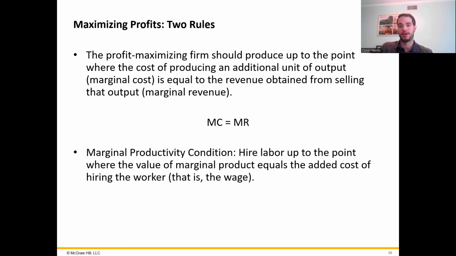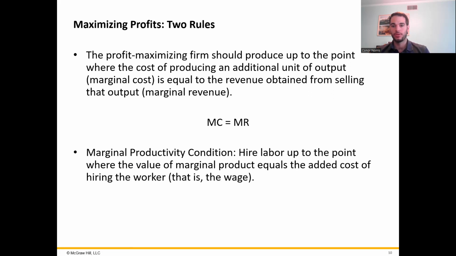Just like a firm maximizes profits by producing up to the point where the marginal revenue equals the marginal cost, a firm also maximizes profits when they hire workers by applying a similar rule. Think of their decision to hire labor, their labor demand curve, in the same way. So firms aim to optimize their choices by comparing the marginal benefits to the marginal cost. So they want to hire workers until the value of their marginal product equals the added cost of hiring that